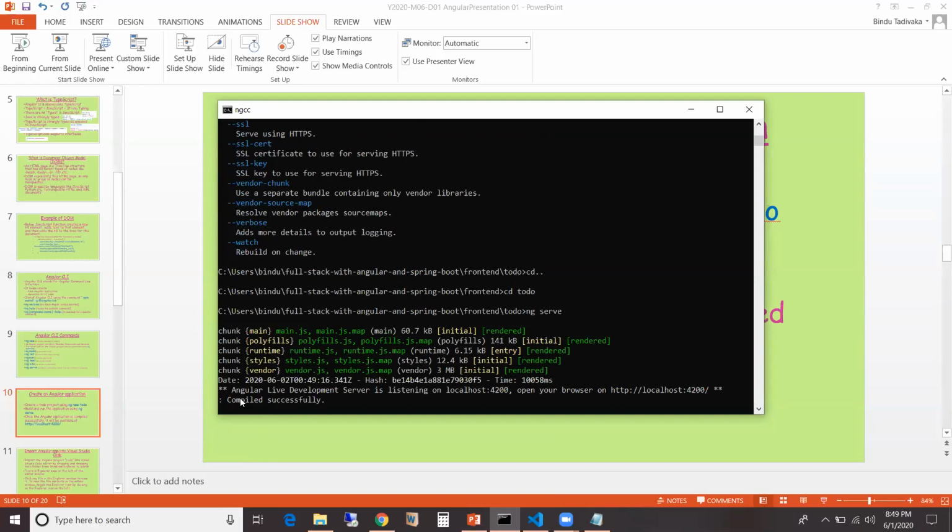So it says it compiled successfully, and it says Angular is on, it is available at this location on the browser.